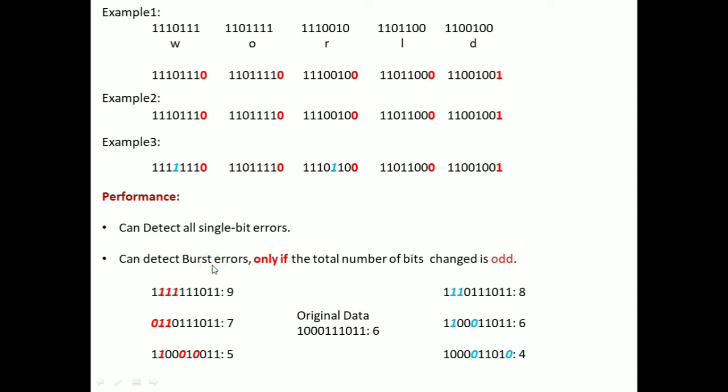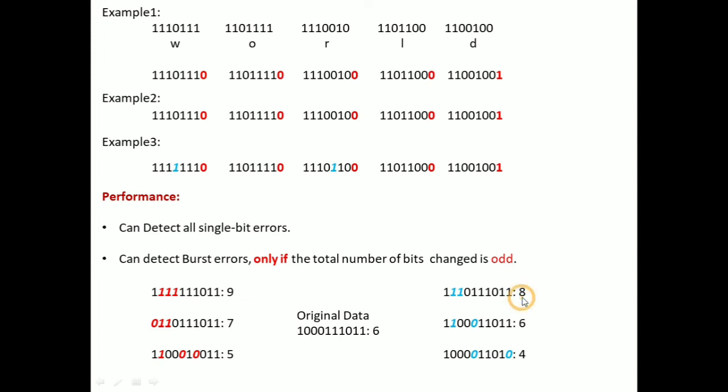But now let us see what this single parity bit checker is going to do if the total number of changes in the bits is even. So this is our original data. How many bits are changed here? 2. So when 2 bits are changed, let us count the total number of ones. What is the total number of ones? 8. So here what is the total number of ones? 6. So here we are following even parity, remember. So when the receiver receives this one, how many ones are there here?